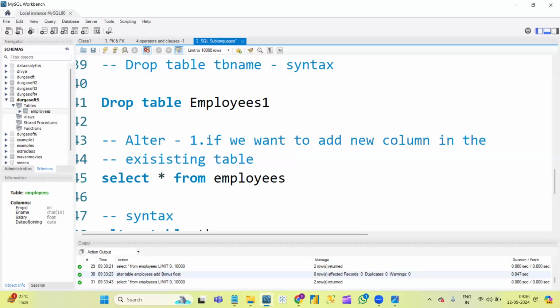The first use case is, if we want to add a new column in the existing table, we will use the alter command.